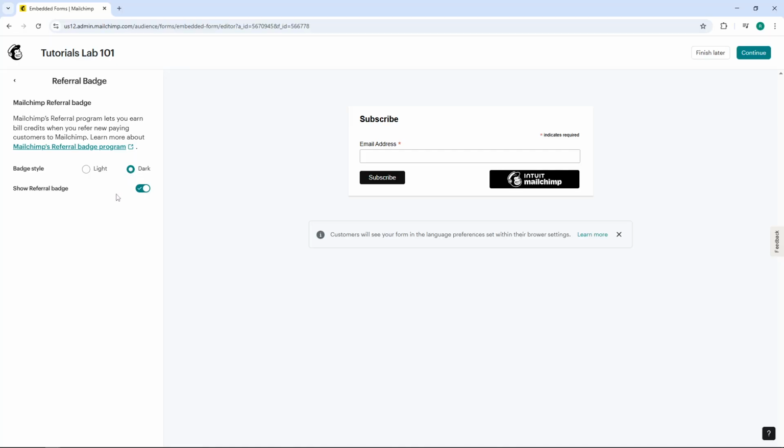And that's it. You've successfully removed the Mailchimp logo from your embed forms, creating a more polished and branded experience